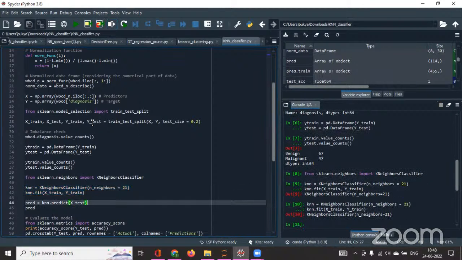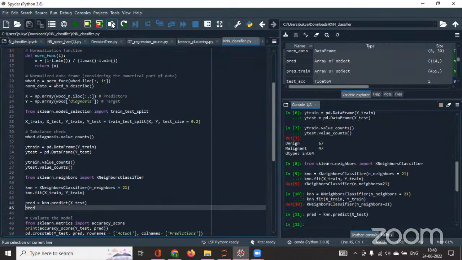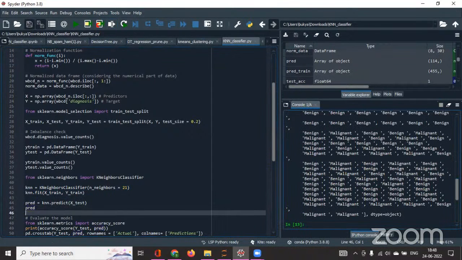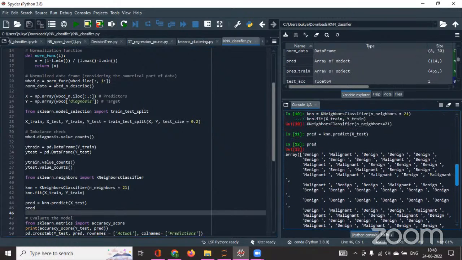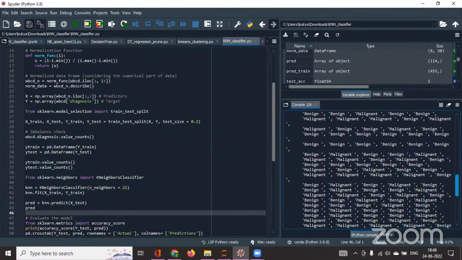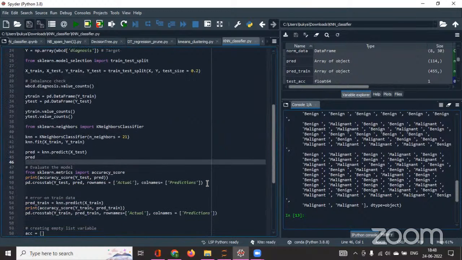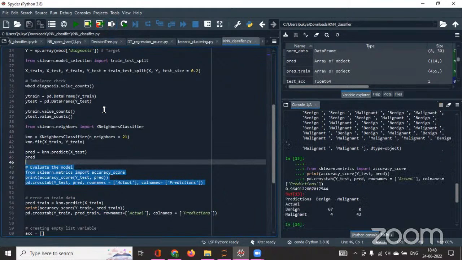Done. Now I'm predicting on test data. So these are all the predictions we are getting. Once the prediction is done, we have to evaluate the model. What is evaluation of a model? Just checking the actual value